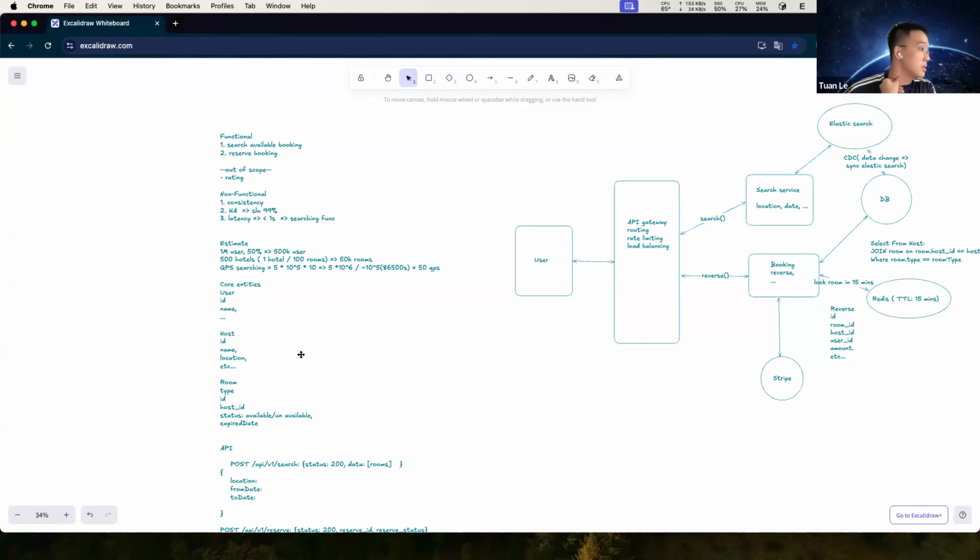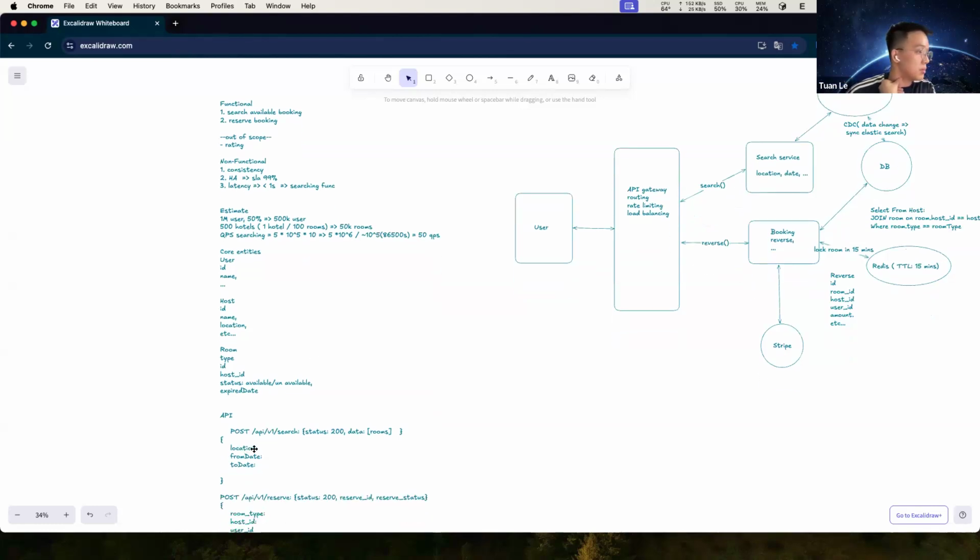I want to do in this input, right? So we have the location and we have the from date and to date. You mean the data structure, right?